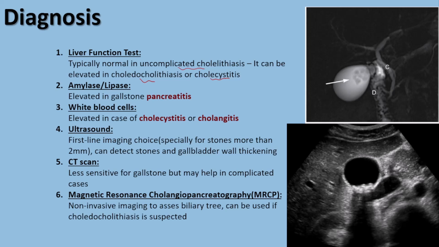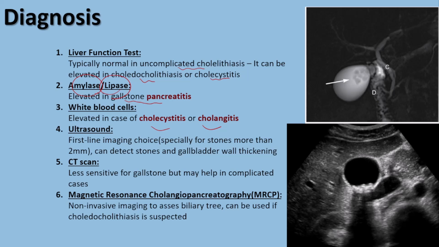So another test that we can use, and it is specific for gallstone pancreatitis, is measuring the amount of amylase and lipase enzymes in the blood, and they are going to be elevated 3 times more than normal. Another test that we can use, in case of cholecystitis and cholangitis, is a complete blood count, because these two entities are inflammatory, so we are going to have elevated white blood cells